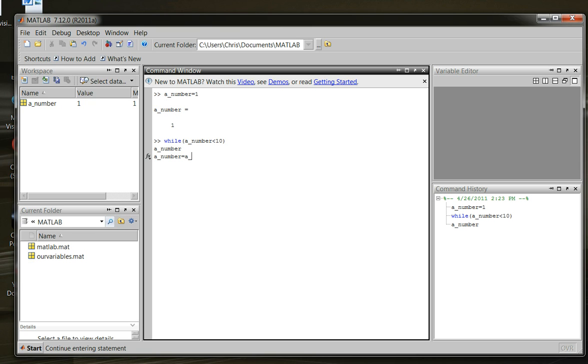So a number plus 1 here. And by the way, I might not have mentioned this at this point, but if you don't want to have MATLAB display the result of something, you can suppress the output with a semicolon. And in this case, I'm going to suppress the output so we only see the value of a number. But anyhow,